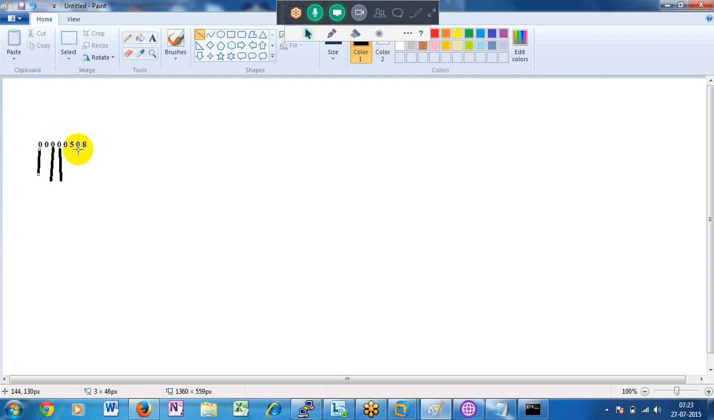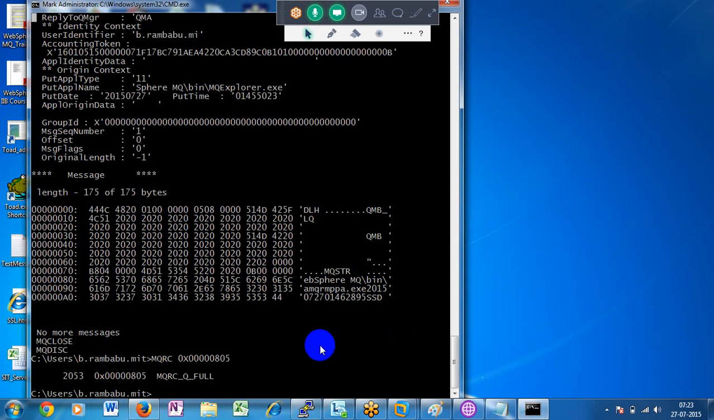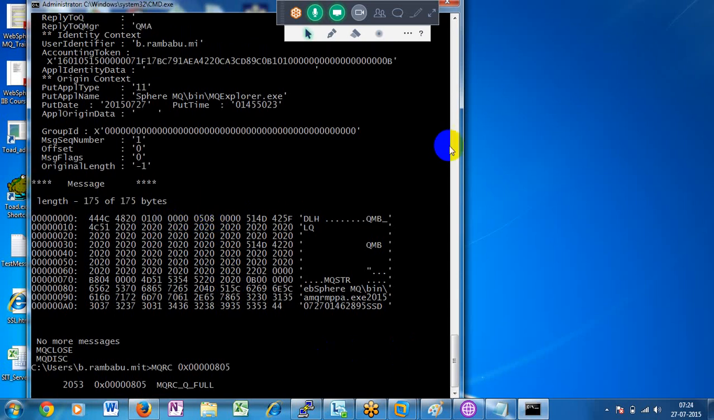Here, 0508. Take this first 0 and later 08, and take this first 0 and later 05. So here I am doing like that only. When I am converting, I am taking the 08 first, later 05. So here, same thing: 00 and 00, and next 08 and 05. So when you convert this one, you will get like this,